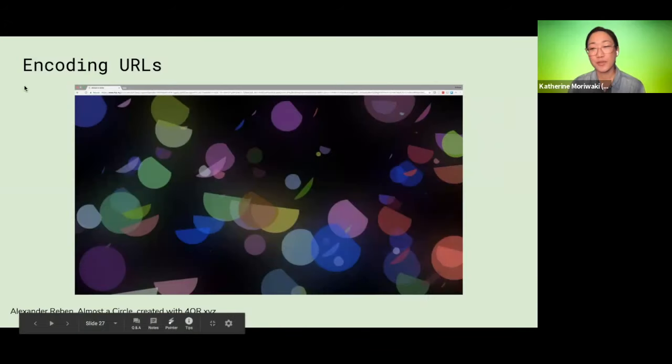This is an example of a very interesting project. It's called 4QRXYZ, and it was created by the artist Alexander Rabin. What happens here is this website, 4QRXYZ, encodes whatever code you put into it into the browser URL.